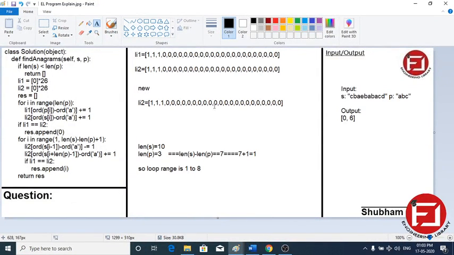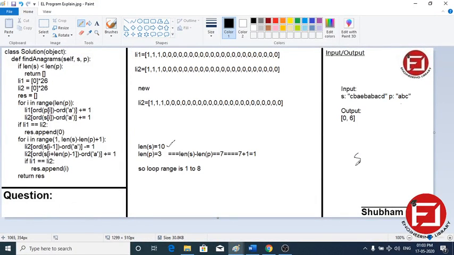The length of s is 10, provided in the question. If the length of s is smaller than p, suppose p is 3 and the length of s is 1, then we cannot find any combination.